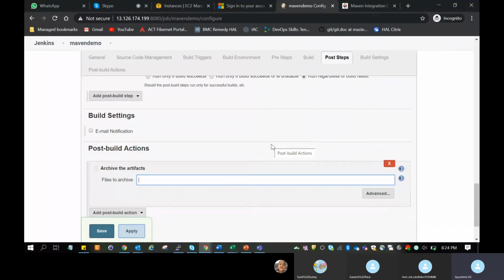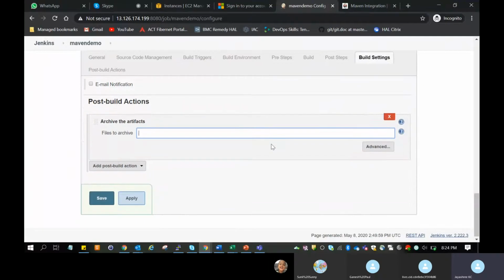Those outputs of your program are usually called your artifacts. Okay, what is coming out of the project. If you want to save that, if you want to archive that, then you can make use of this archive step. So I'll show you after this execution what that means.